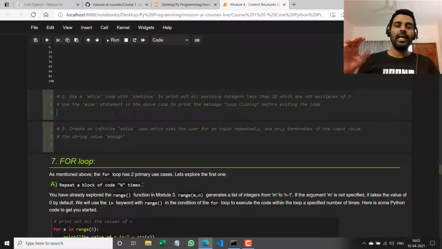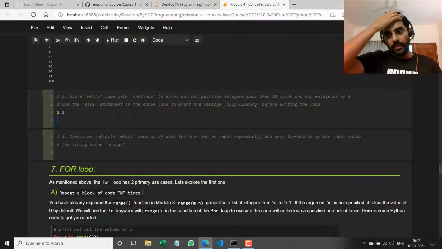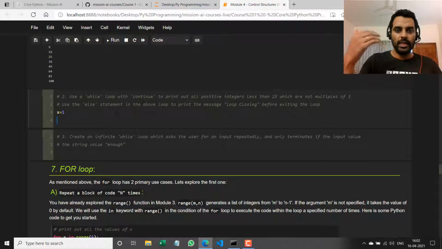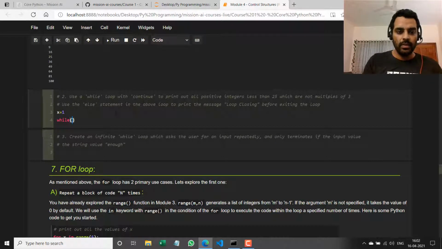So basically, I have to check if it's a multiple of 3. If it is a multiple of 3, I type continue so that it doesn't execute the print statement. And if it's not a multiple of 3, then the print statement gets executed. So I'll say x equal to 1, right? And this is the variable that I'm using to go from 1 to 25. So while x less than 25,